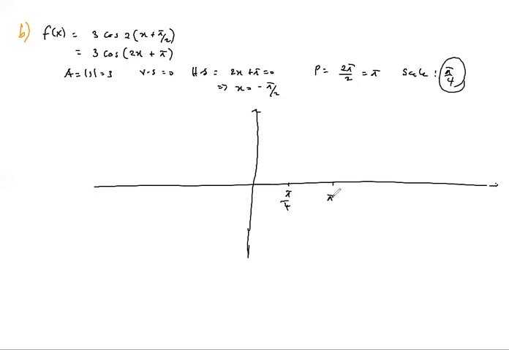You add pi over 4, you get pi over 2, 3 pi over 4, pi. And then to the left, negative pi over 4. The amplitude is 3, negative 3. Start from 0. So from 0, it will be 1 there. So this one, it will come like that.